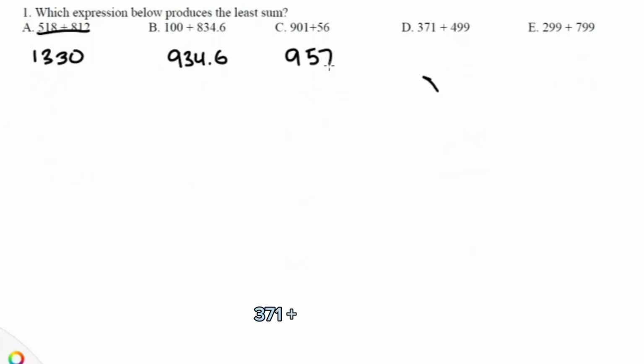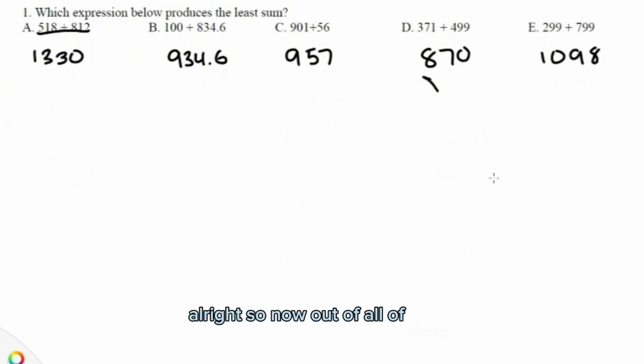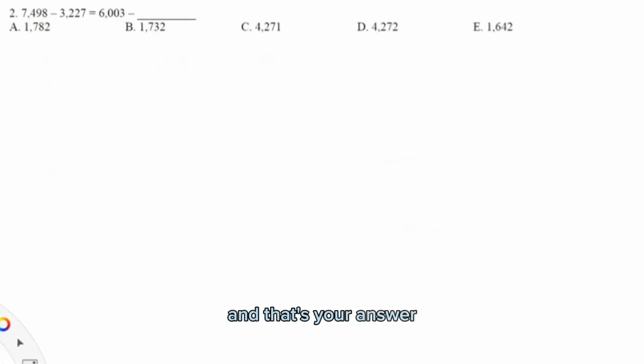371 plus 499 is 870. 299 plus 799 is 1098. Alright, so now out of all of these, the least one is D, 870, and that's your answer. Next,